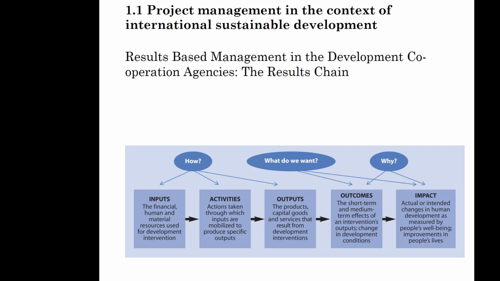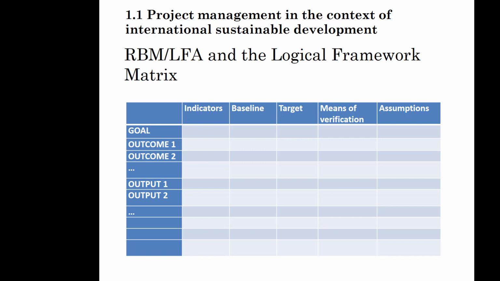The next step was to add performance measures. This was done with a so-called log frame, where the different results are listed in the left column and the performance measures, which are also called the indicators, are presented in the second column. To the indicators, a baseline and a target were added so that monitoring and evaluation could be possible in the project. A baseline is in fact a departure point from where the indicator is starting, and a target is what